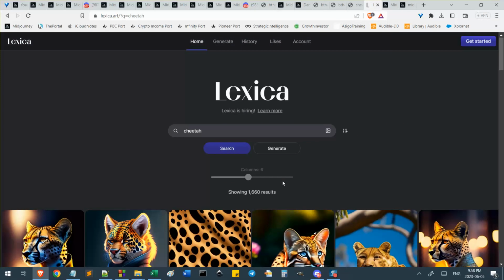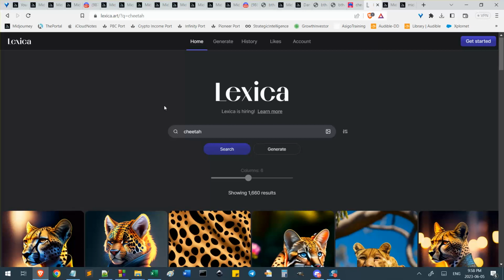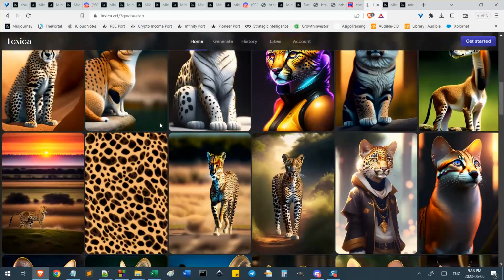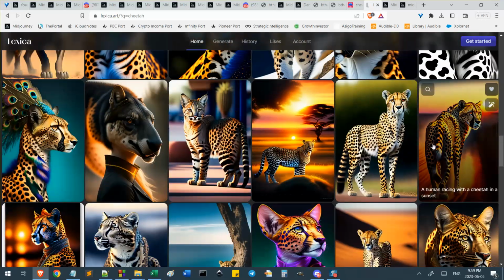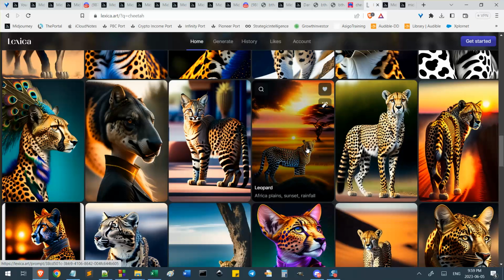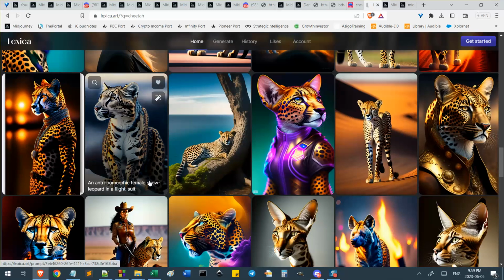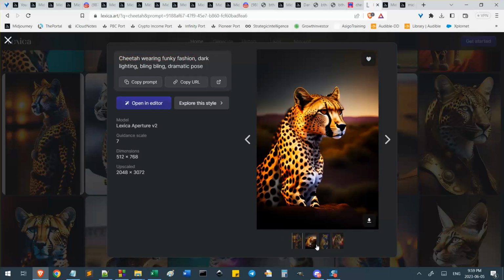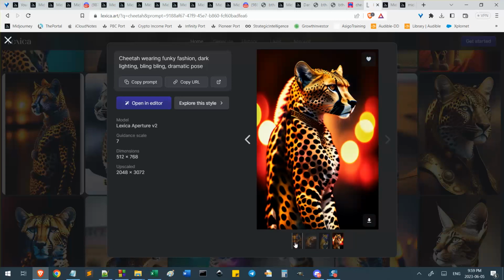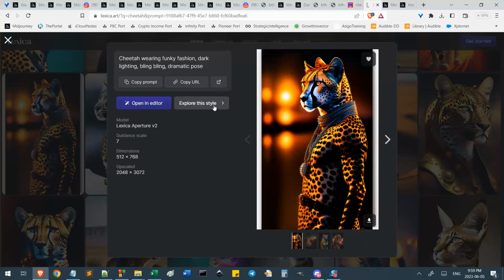Okay, so here we're searching Stable Diffusion. And you can see some images, and then if you like one of them, you can explore the style of it, and then you'll find others. So say we go to that one there, for example. See, that's their prompt, and sometimes there's more info down here. So those are the four that were returned. Okay, so we can go explore this style,